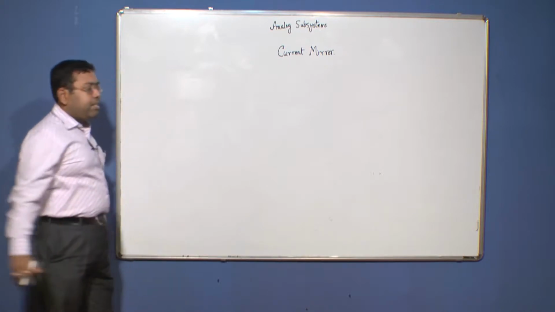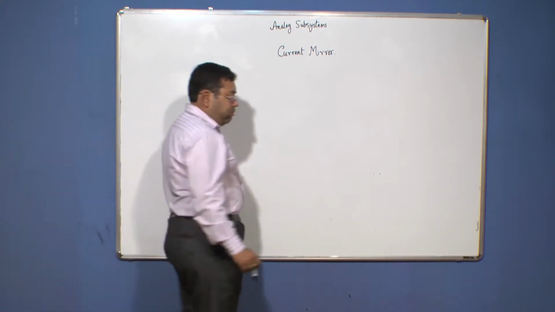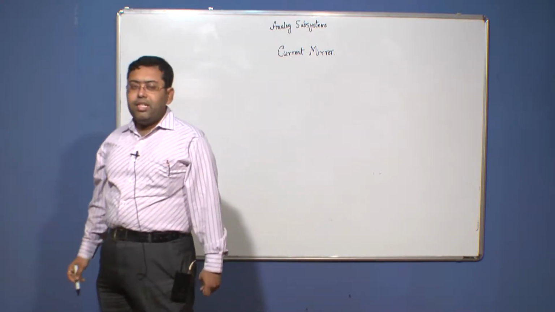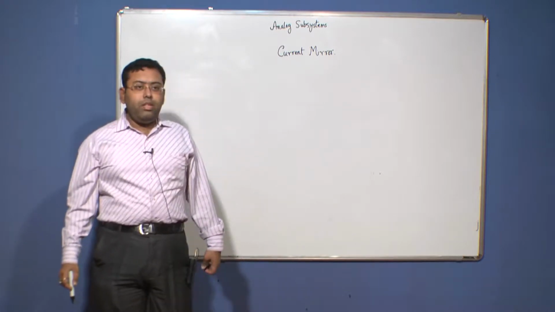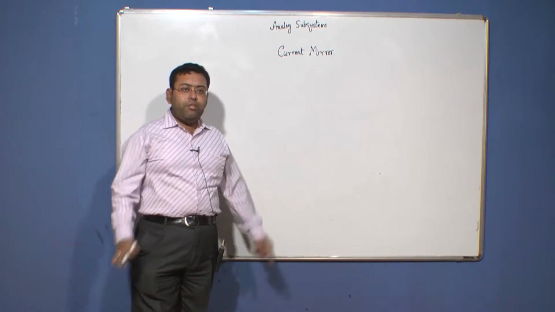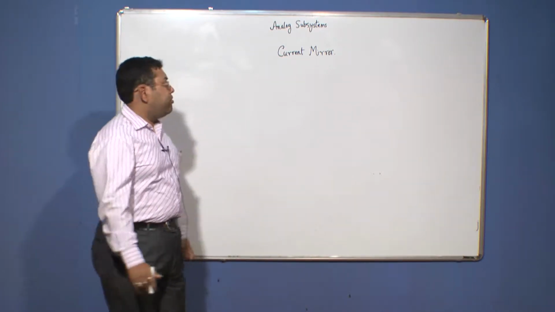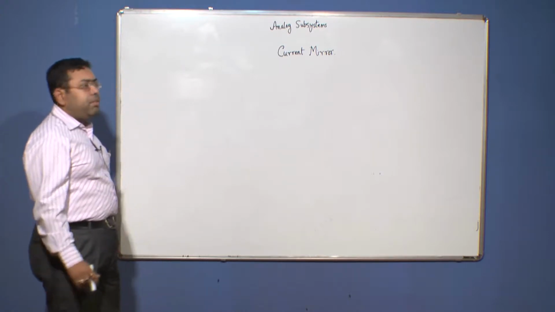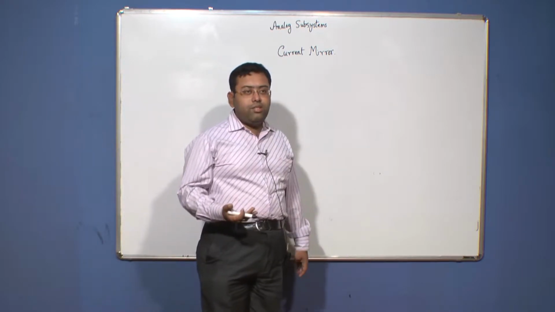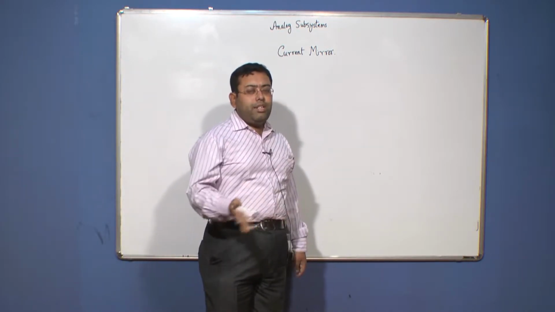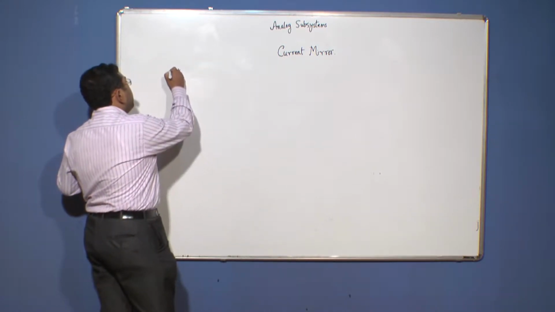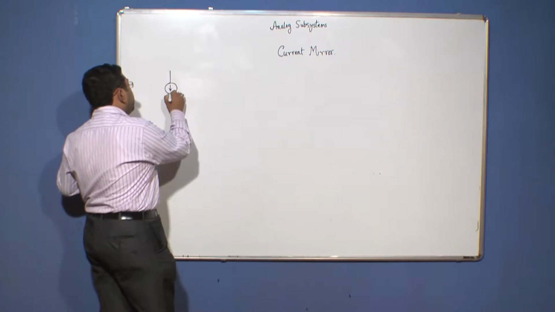Now why do we really need this current mirror? If you consider a current source as implemented practically, it is basically implemented as some voltage source in series with some resistors, and which requires a considerable amount of space in the circuit. So in most cases we typically implement a single current source and then mirror it at different places of requirements in a circuit. So for example, if I consider